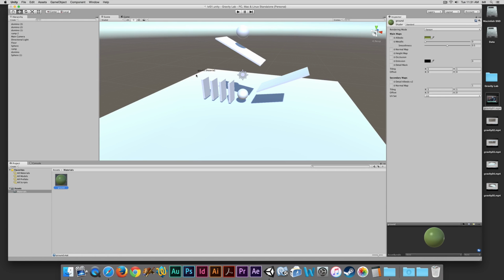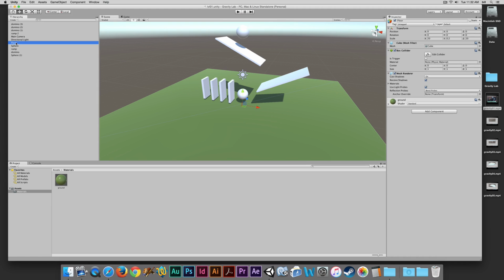So as I roll around inside my scene, you can see that it highlights the object. Or I can drag that material directly into, where is it? There's my floor or my ground, and I'll drop it on my floor object. Now when I do that, you can see that the material component has been added to that object, and so